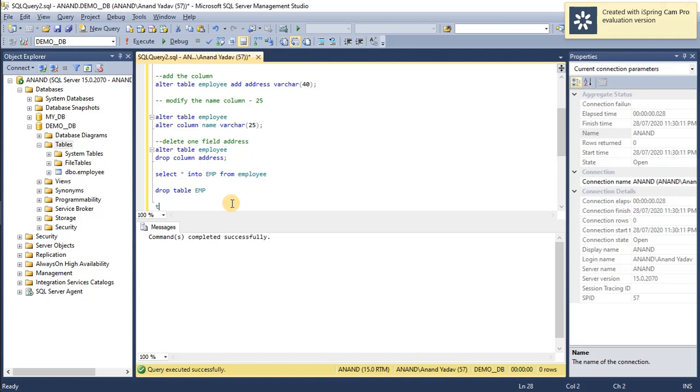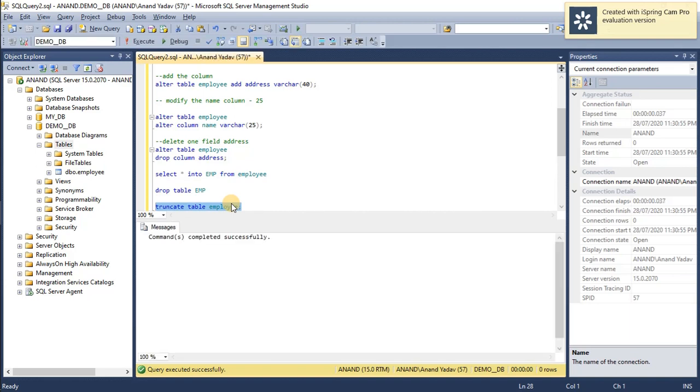So truncate I can demonstrate in the DML statement. I will show you how to do the truncate. This is the syntax: TRUNCATE TABLE and the table name.